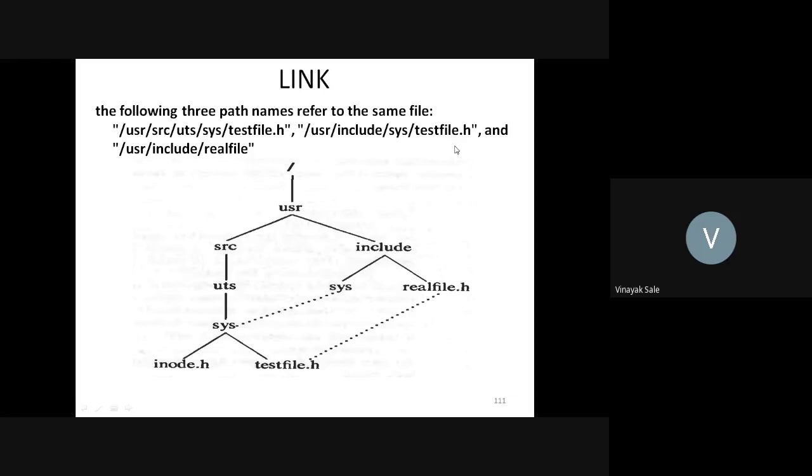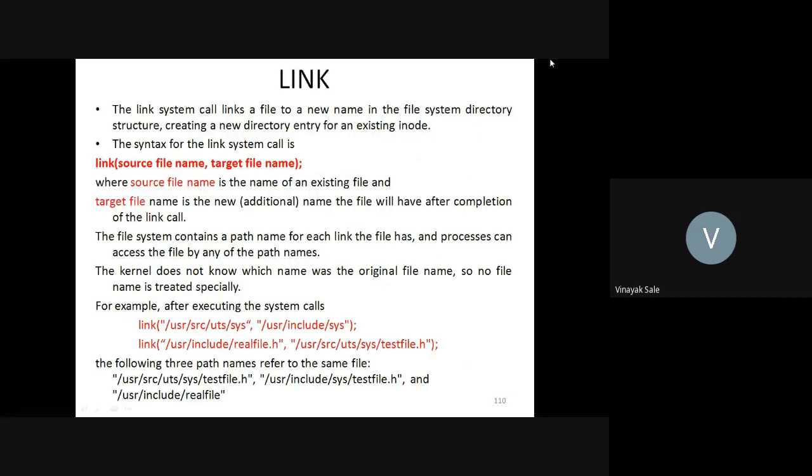In this example the test file.h has three paths. The first path is user source uts system and test file.h. This is the original, but after the linkage,